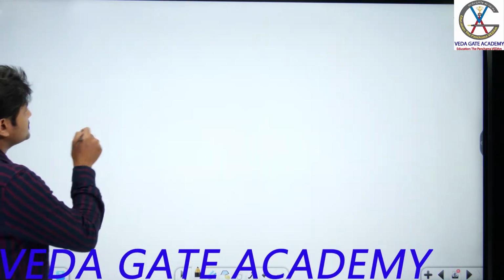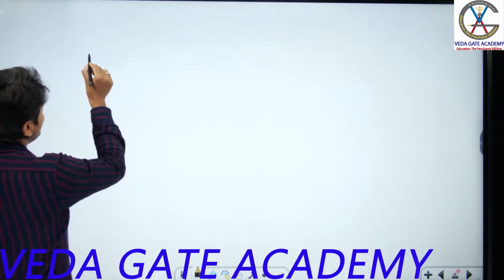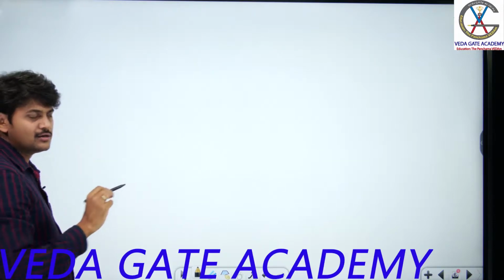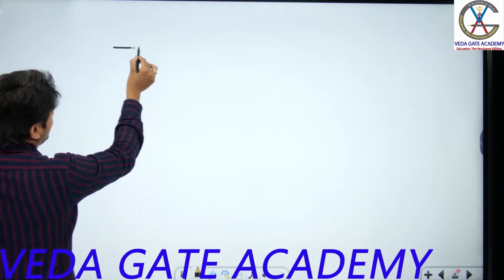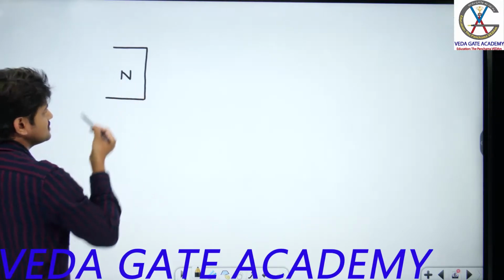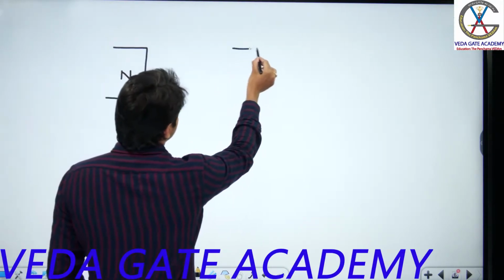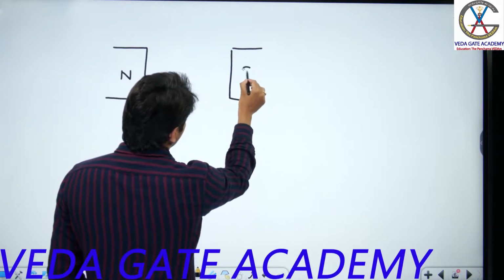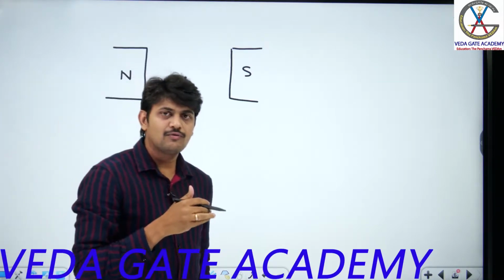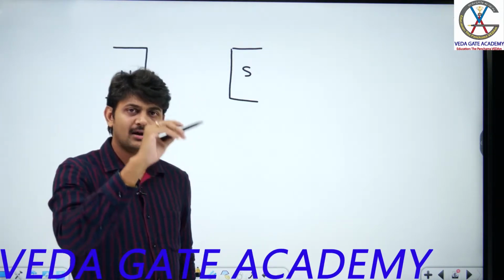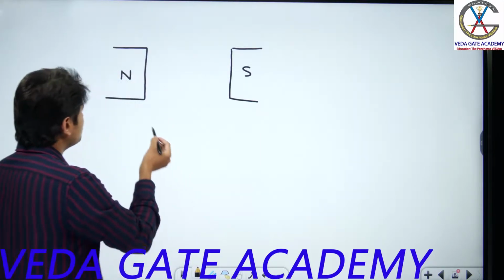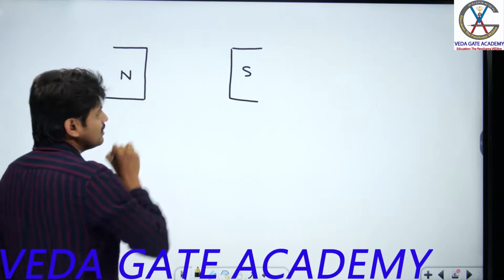Relax. Now if you try to see here, let us consider, in order to create a time invariant magnetic field, I have supplied some current, so that I got a magnetic field, a time invariant magnetic field. So I am representing that magnetic field with two poles. Let us assume this is the north pole and this is the south pole. Obviously, magnetic flux, as we know, inside the bar magnet flows from south to north. Outside the bar magnet, in order to complete its path, it flows from north to south.